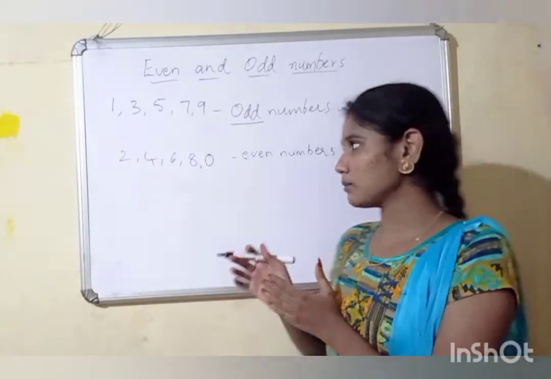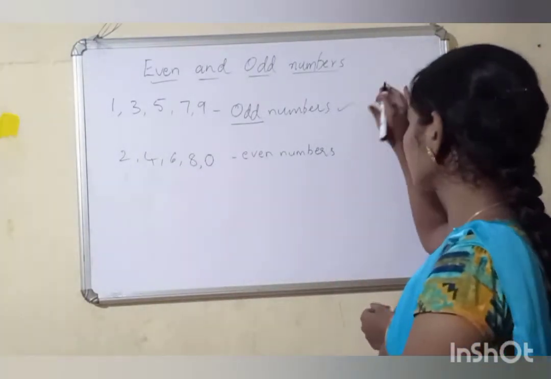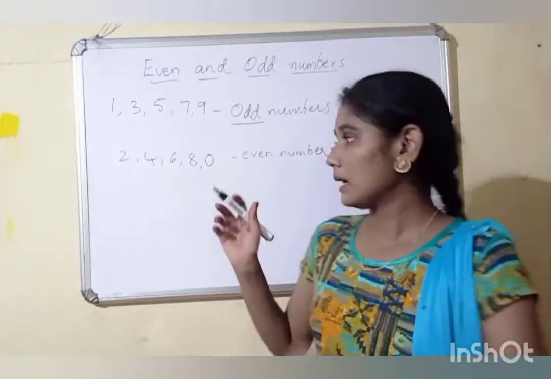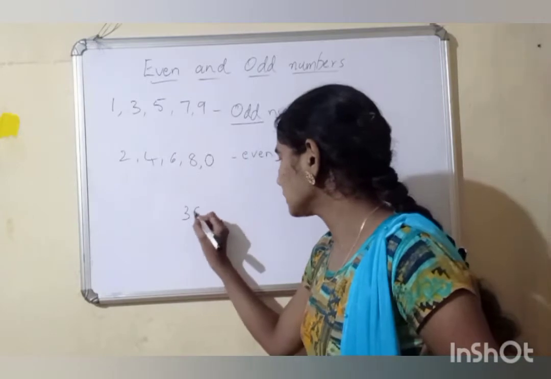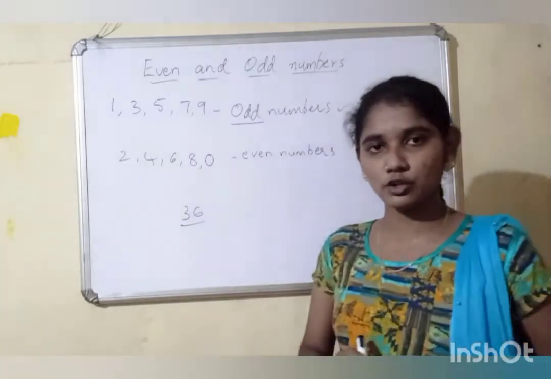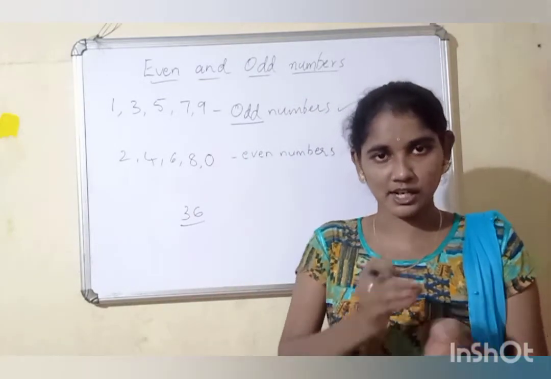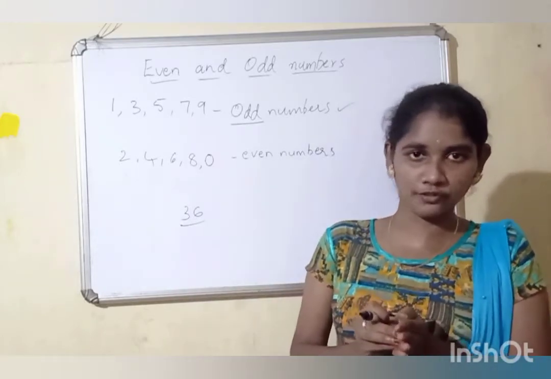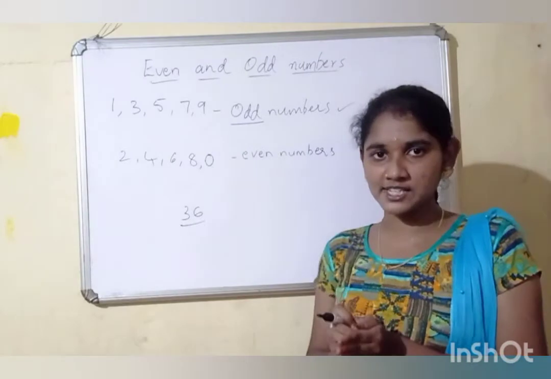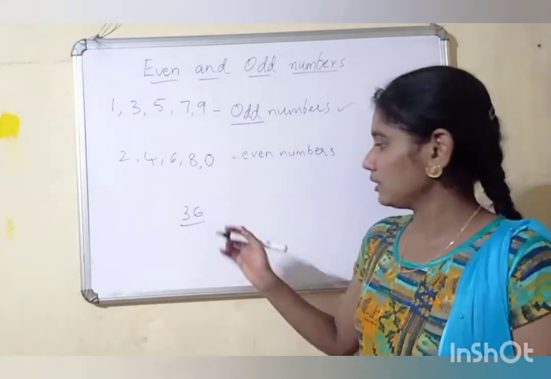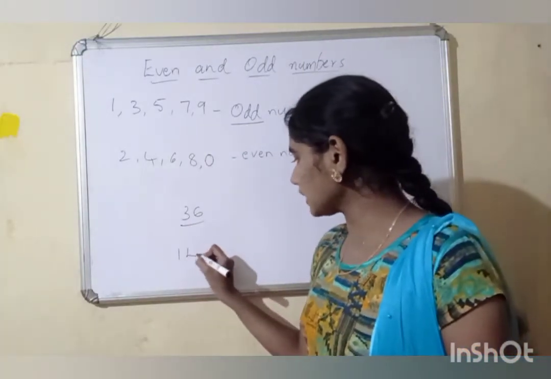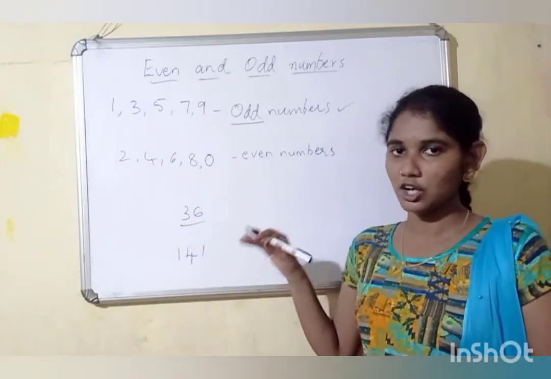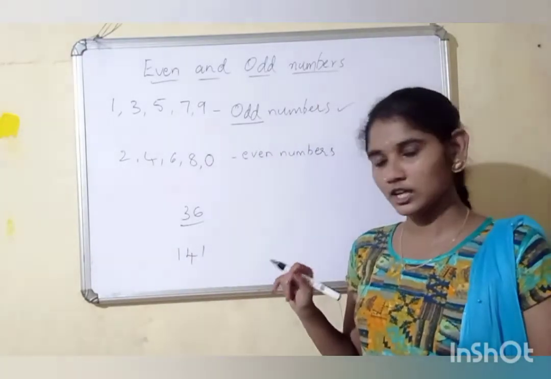These are the numbers 1 to 10, or slightly smaller numbers, so we can take tamarind seeds and make them into pairs. But if I gave you the number 36, what will you do? You will take 36 tamarind seeds and start pairing 2, 2, 2, 2 like that. It will take a lot of time. You will get the answer, but it will take a lot of time. In the same way, if you see the next number 141, if I ask you to tell me whether it is an even number or odd number, then what will you say?